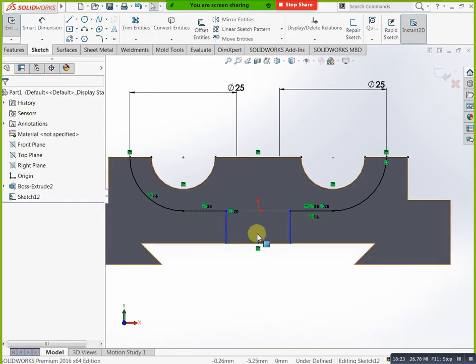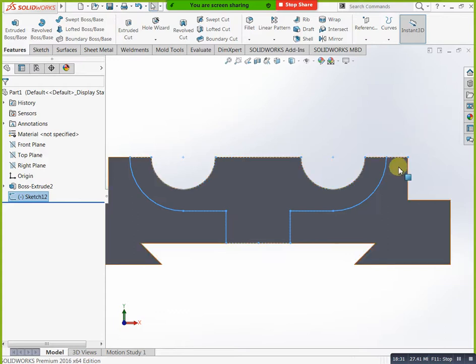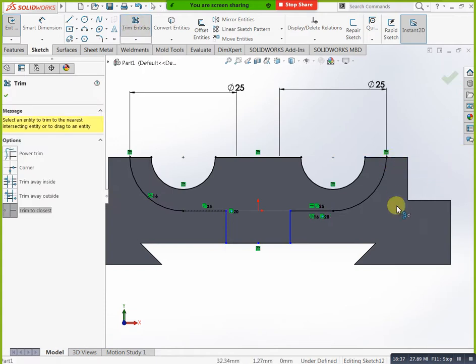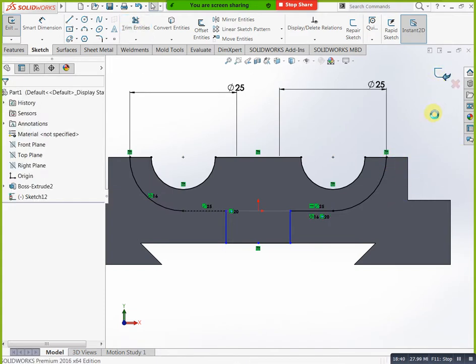Sorry, mirror. Here we have mirror now. Now you can select this one, and you need to select your mirror plane. I need mid plane. This one. Just you can see, you are getting like this. This side we have, this side we have. This is the mirrored element. Okay. Now we completed our entire model.